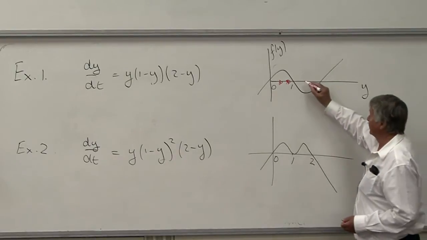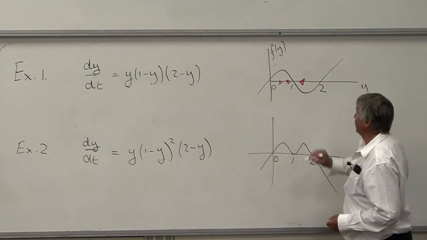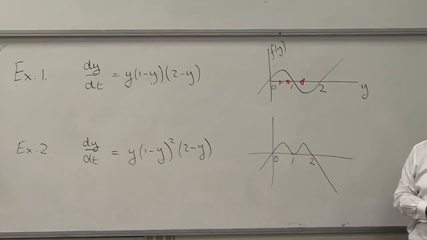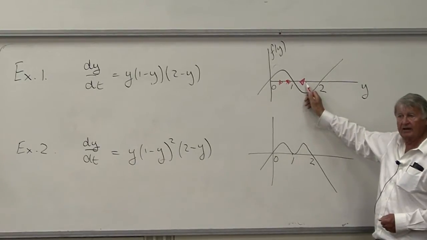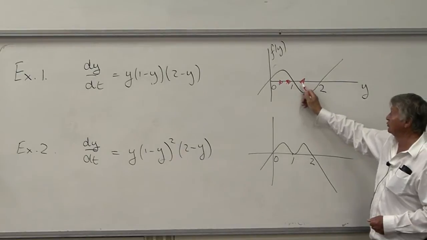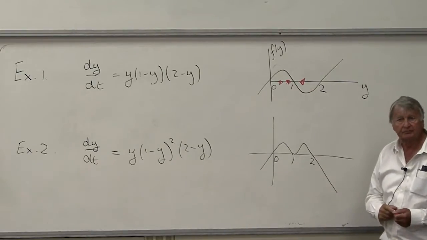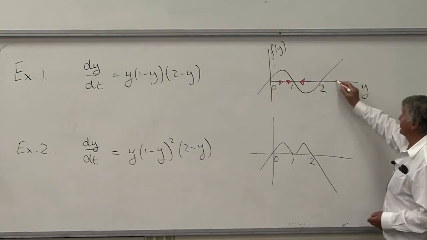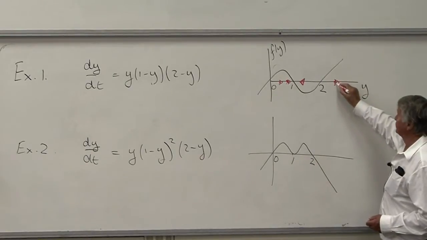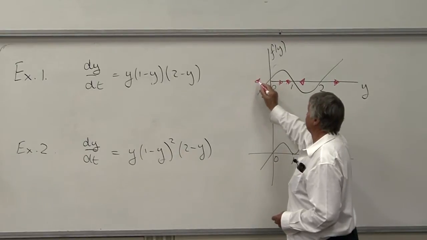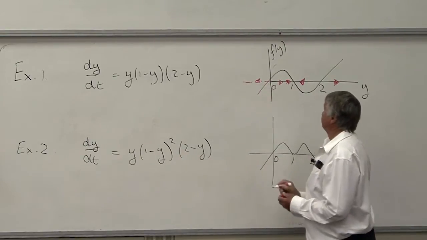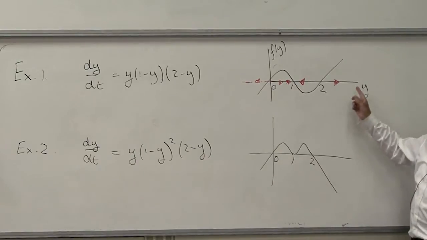By the very same argument, if you start between 1 and 2, because at any y in here, f of y is negative, dy by dt is negative, as t increases, y decreases, the solution will move this way. If we're out here, the solution will move this way. And if we're out here, the solution will move this way. Okay? So now we can read off,